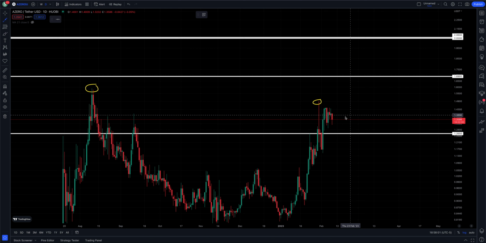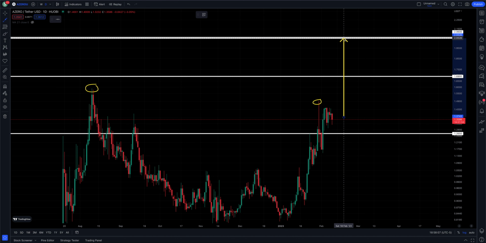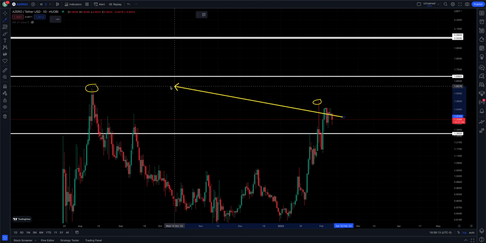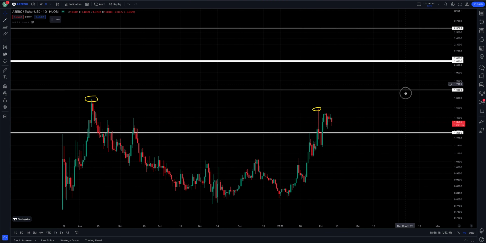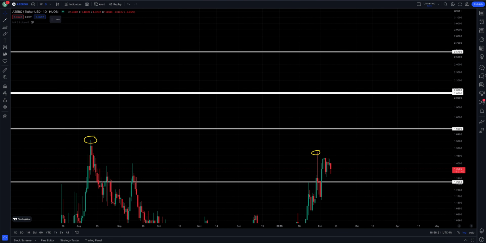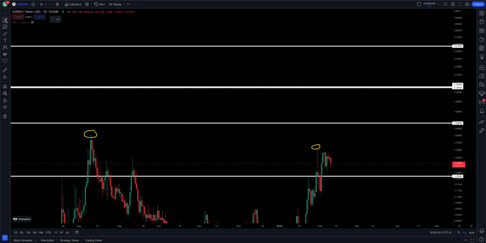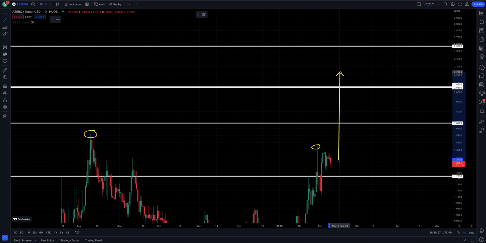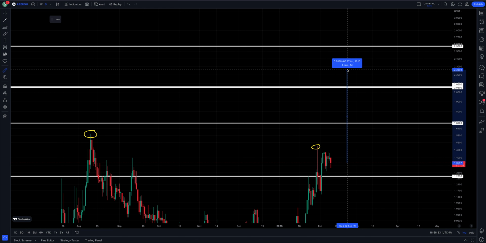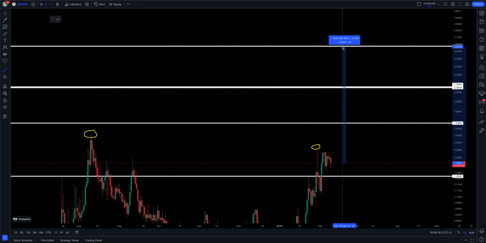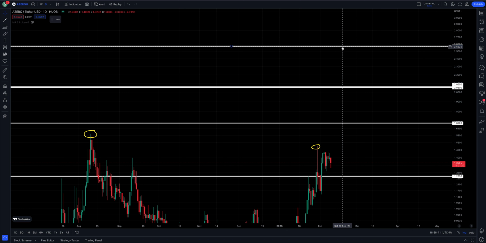Above that, we have two levels right next to each other, clustered together at 2.05 and 2.06. Those are next in line, assuming we get above and turn support at $1.69, as well as these two highs. Keep those two highs in mind. 2.05, 2.06. And then for the Super Bulls, I have a level up here at, let's see, 2.57 is that level. 2.57, that is way up there. For fun and for the Super Bulls, that would be roughly 88-89% higher than where we are currently at right now,